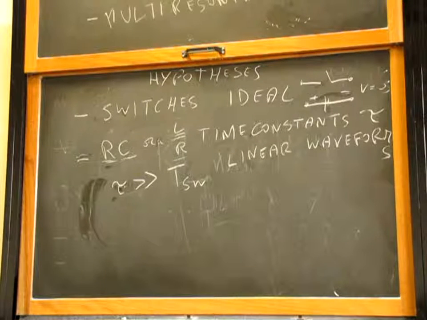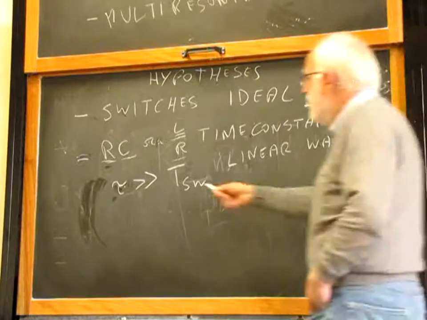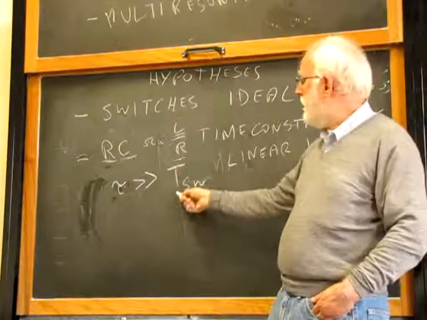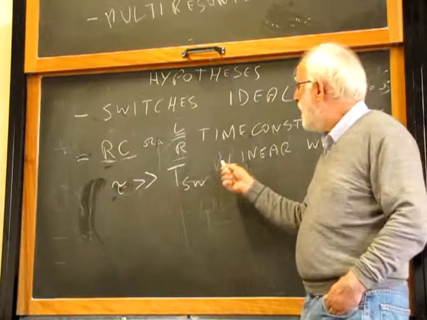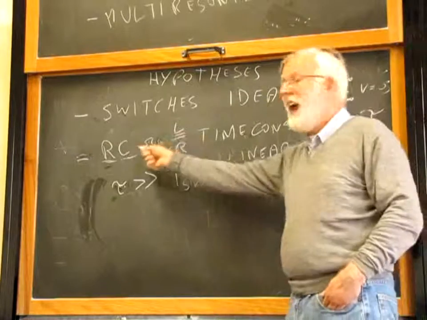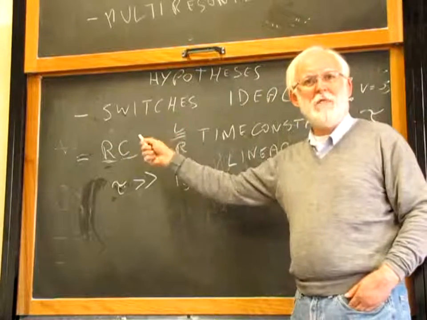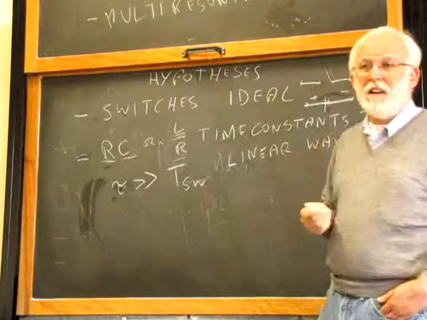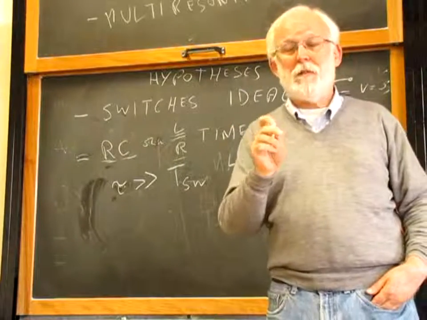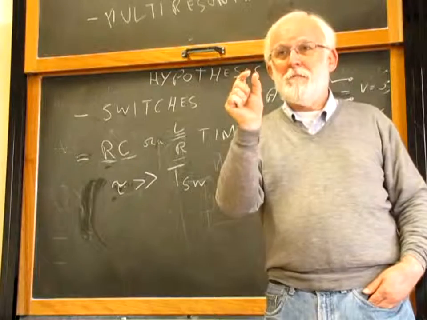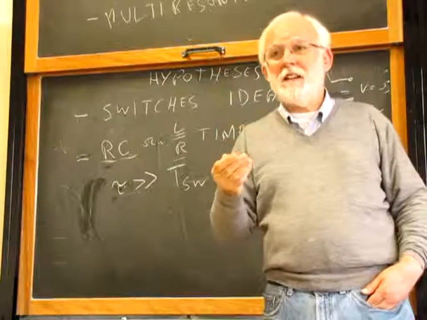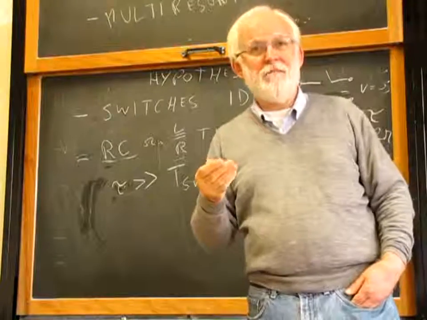Well, we will consider that these resistances give you a time constant that is far longer than this width. Our waveforms are linear, no exponentials. If we have an L and a C, what do an L and a C do together? Resonance. They give you a sinusoidal waveform. But if you look at the sinusoidal waveform just for a very short period of time, your sinusoidal is a straight line. That makes our equation far easier.